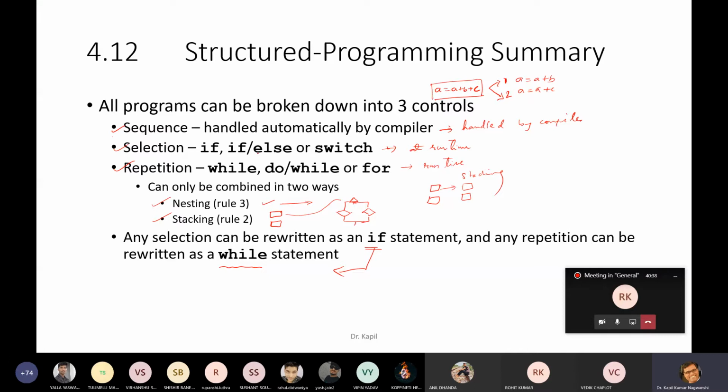Now selection. If else or switch. Now further modification to this program, I am only interested in positive number. So I am checking whether a, b or c is greater than 0 or not, greater than or equals to 0 or not. If it is true, then go ahead. If it is false, then ask for re-enter. Fine. So this is if else or switch case structure.